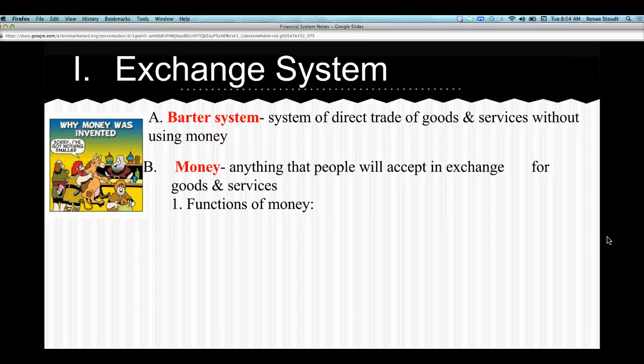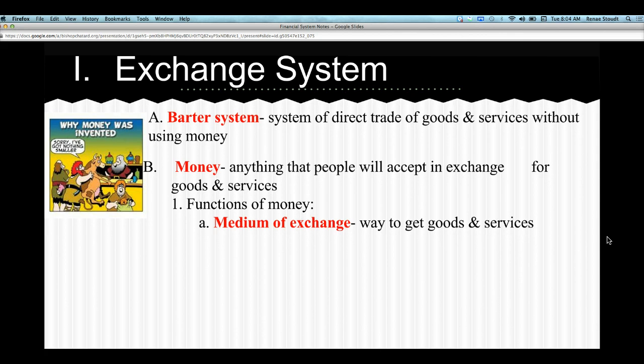All right. For something to be successfully used as money, it has to serve three functions. First function, it has to be a medium of exchange. Something that is going to be accepted is going to be a way to get to goods and services. So it has to be accepted by people. You cannot just go up to the store today and say, "Hey, I will give you these 3 glass beads for a turkey sandwich." And they're going to say no. You have to have something that's actually accepted